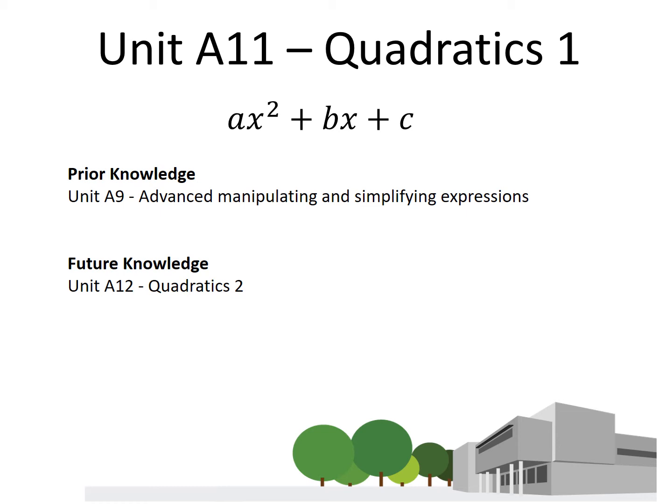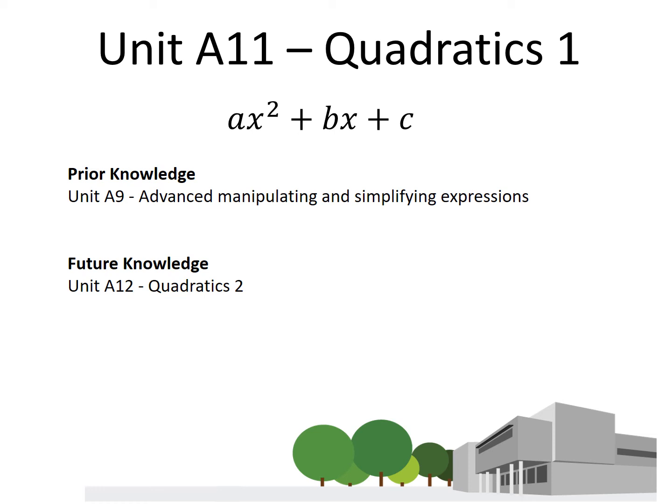And that's particularly useful for this unit A11 because you have 10 objectives in total, and a brief overview of the work. As part of that work you'll be learning how to factorise, to actually solve quadratic equations. Again, for the foundation tier you'll only need to solve quadratic equations where a equals 1, whereas if you're studying for the higher tier you also have to learn how to factorise to solve quadratic equations where a is something